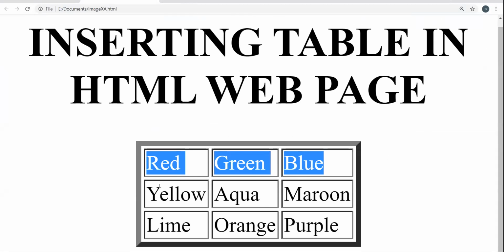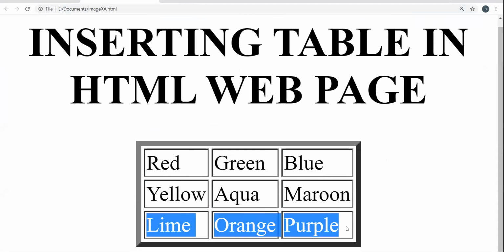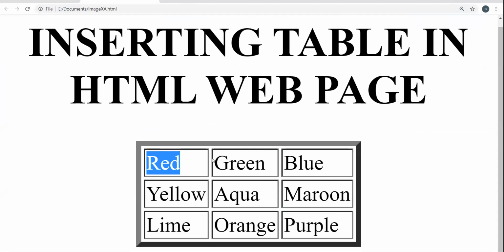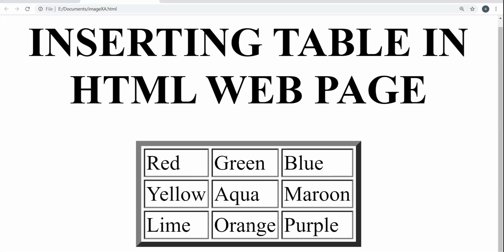First row, second row, third row. And every row is having 3 cells. First cell, second cell, third cell. Or you can say red, yellow, lime. This is the first column. Green, aqua, orange, second column. Blue, maroon, purple, third column.